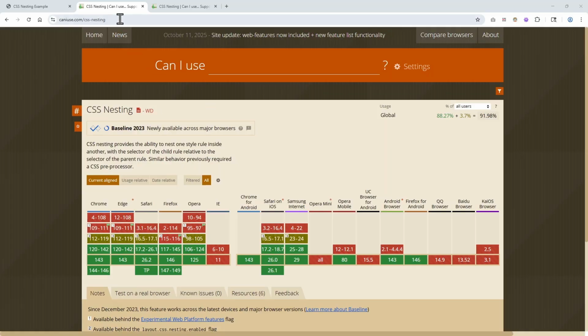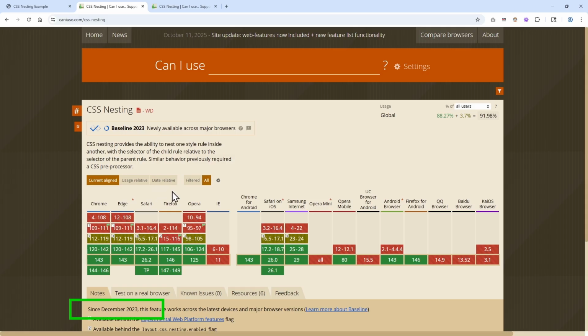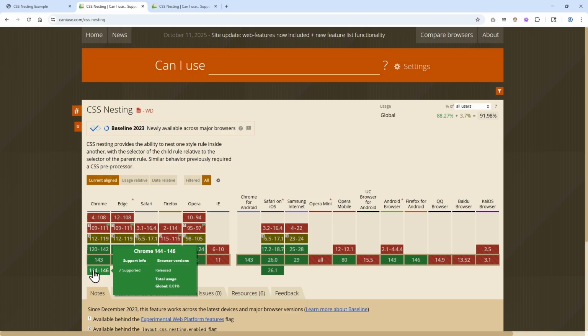If we go to the website caniuse.com, you'll see that the feature is supported in all major browsers. So that includes Chrome, Edge, Safari, and Firefox. The green boxes not only mean that the feature is supported, but so is the relaxed syntax, which we'll touch